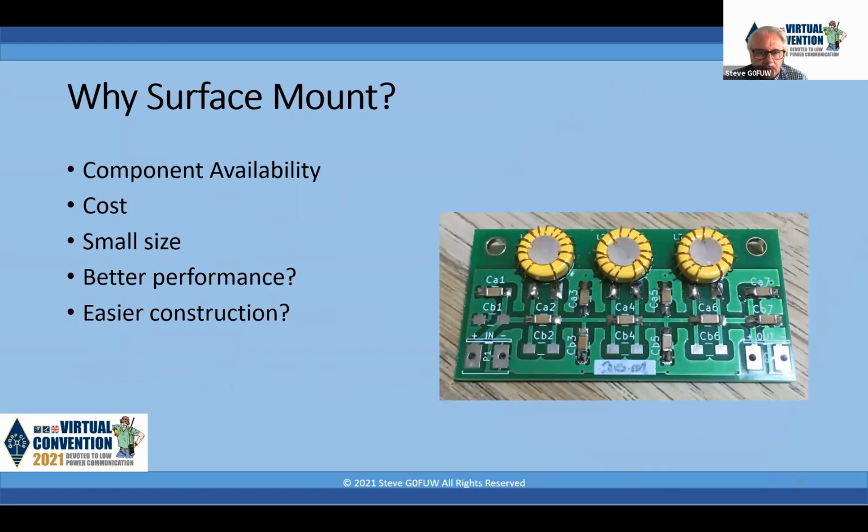So I suppose that brings us on to this question: why would we inflict this on ourselves? Why on earth would we get involved in new technology and use surface mount devices? The first reason that's often trotted out is component availability. Many of the devices that we've been used to using are no longer available in the traditional leaded configurations. Pete Giuliano quoted fairly recently the MC1496 mixer,